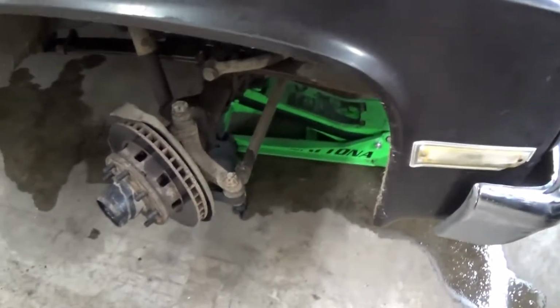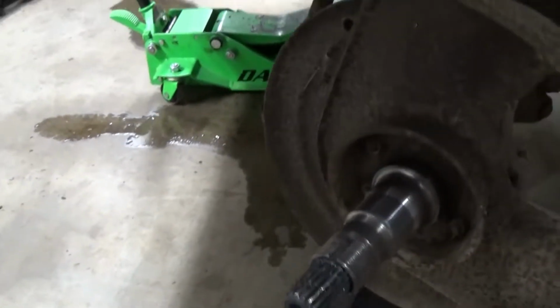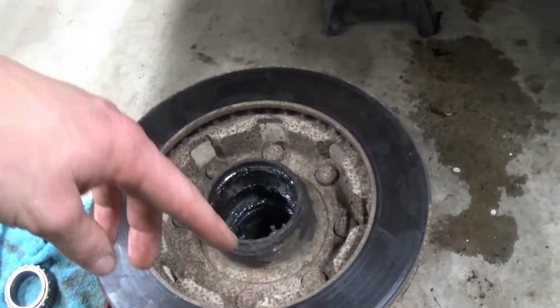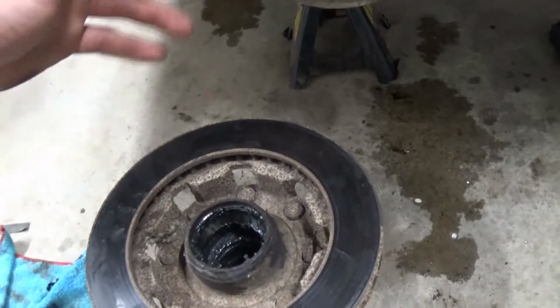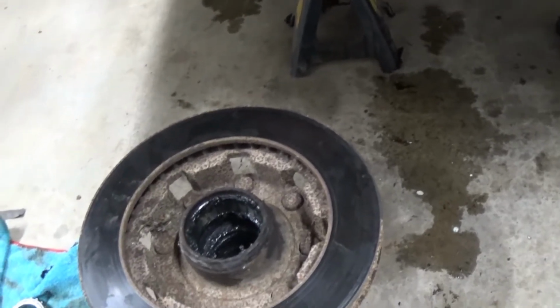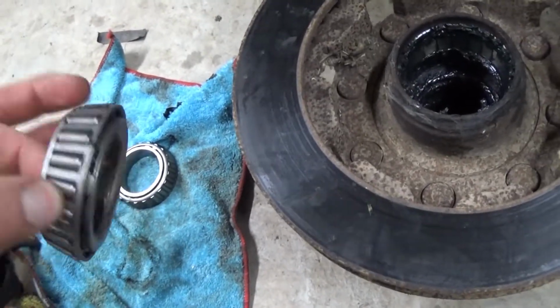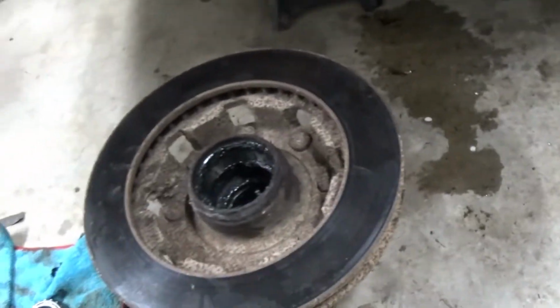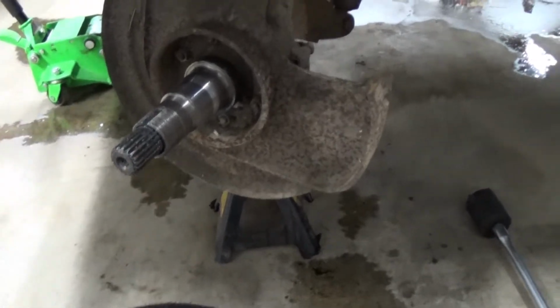Alright, a little update here. I got one side all taken apart as far as I'm gonna go. A lot of old grease, just broke down grease. It's just no good anymore. I'm glad I took this all apart. Bearings are in really good shape, so I'm gonna reuse those, repack them. Rotor's really nice, so repack those, get this all back together,